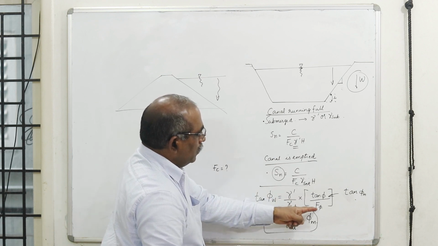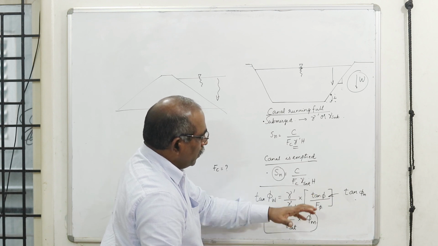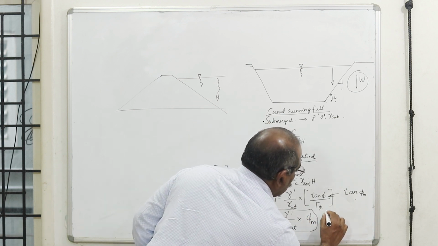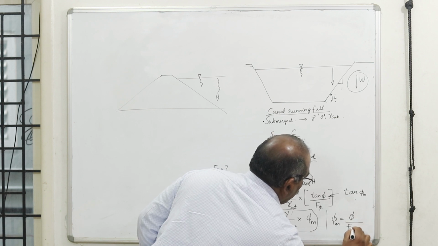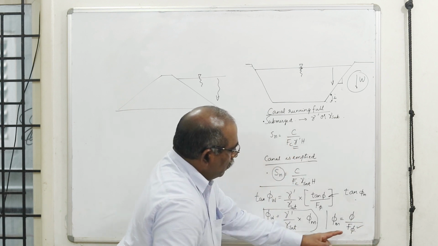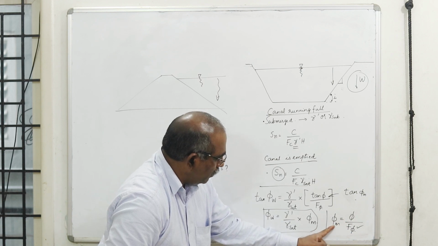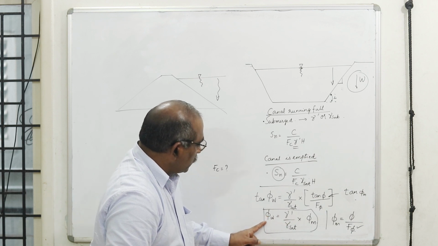Okay, you are going to divide tan phi by that factor of safety F phi. Then phi m, the mobilized angle of friction, is equal to phi divided by F phi. Based on whatever F phi you assume, I am going to get a mobilized angle of friction. To that value, multiply by this ratio, and take this weighted friction angle.